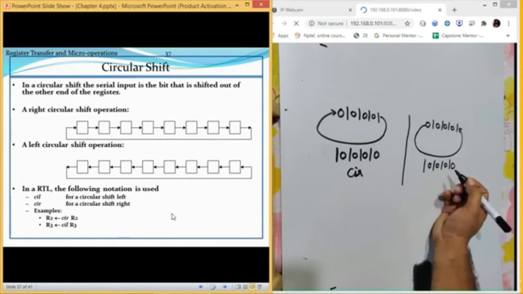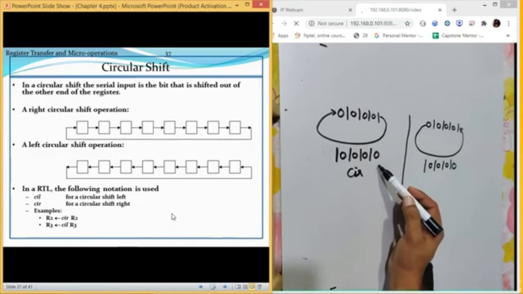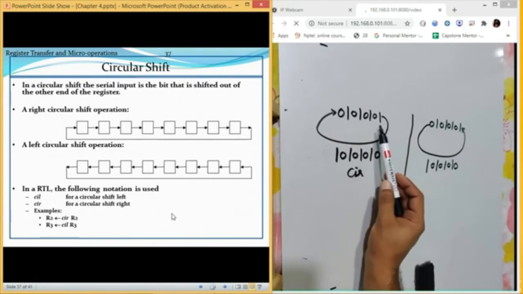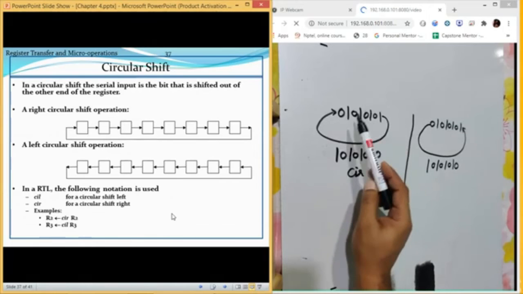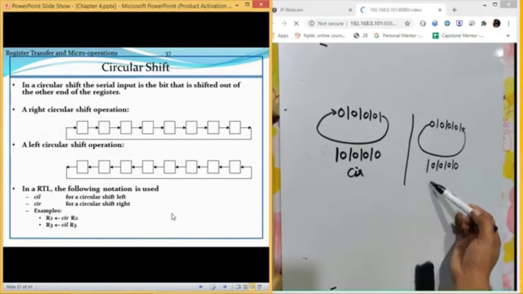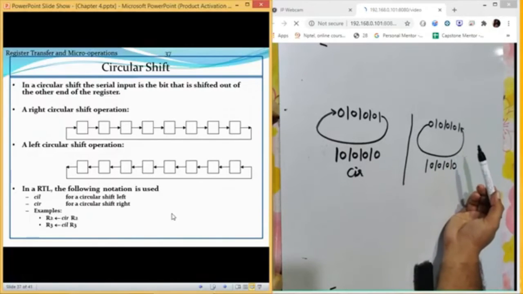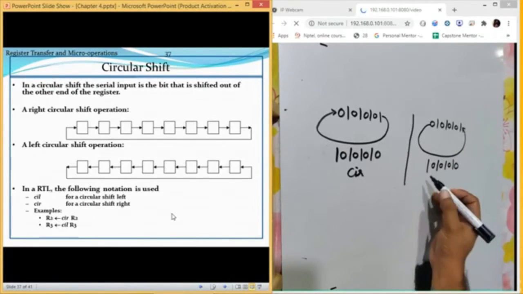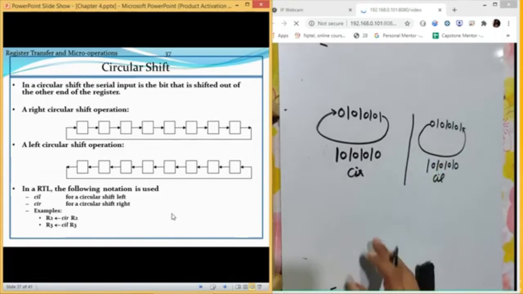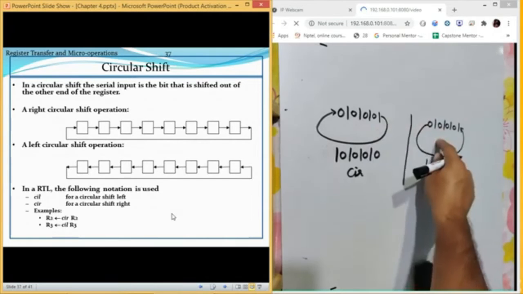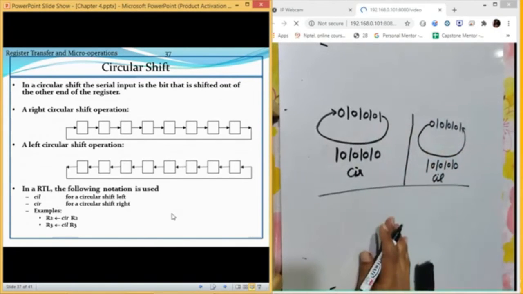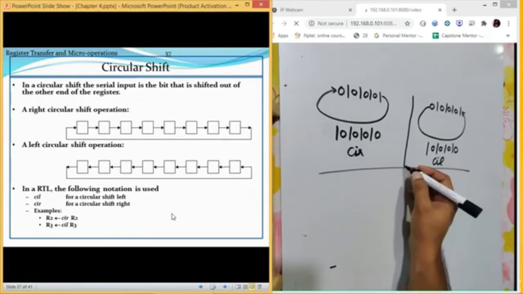Now, why are the answers remaining the same? Because we are using the same data at this place. The sequence of zeros and ones is going to remain the same, so even if a value moves from one side to another, it is not going to make any change. So this is a circular shift left. Now let us take another example. In this the data was the same, but now let us take an example in which the data is different, so then you will be able to understand it in a better way.